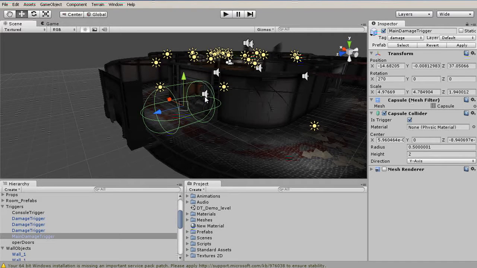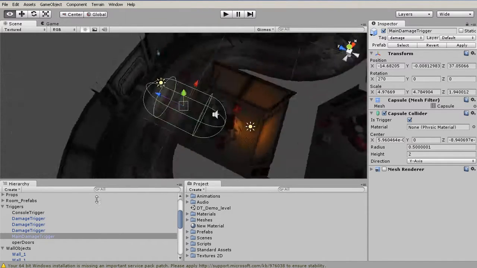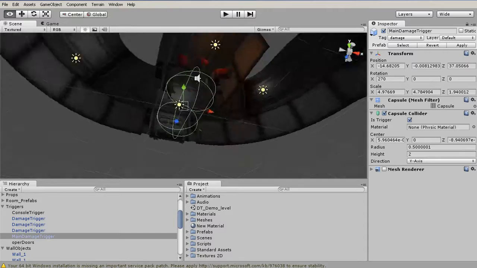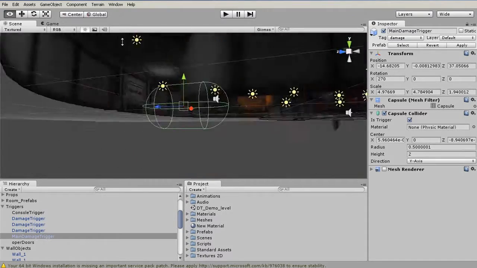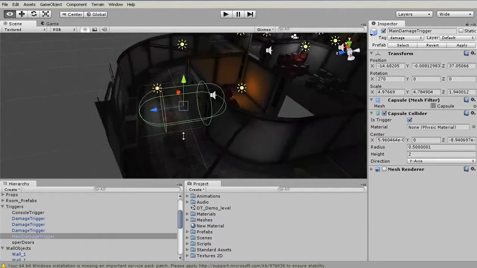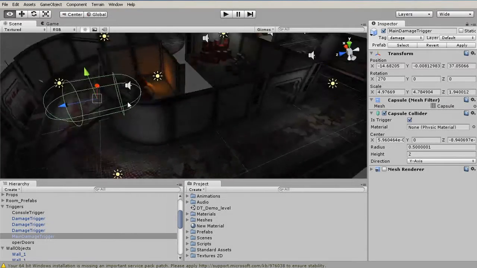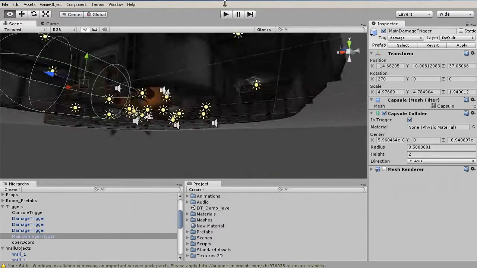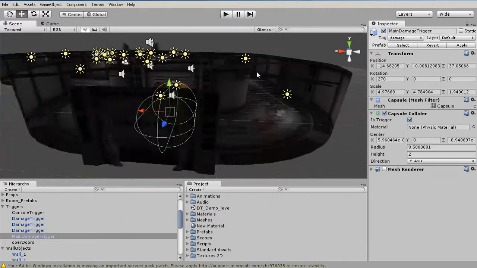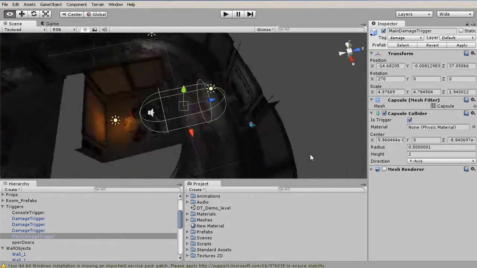For example, once we've framed in on this object, we can hold Alt, left-click and drag, and now our camera orbit will be centered around this position. Now this is going to fail as soon as we pan. So if we hold Alt and middle-click, you can see our orbit is now off. So if we wanted to reset that orbit, we can hit the F key to frame in on the selected